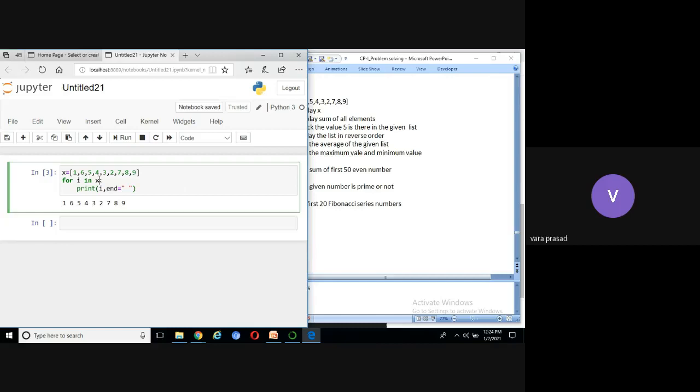For I in X, I can use one function, length of X, you can see here. For I, length of X. Then, how to get the first element by using X? How to get the first element of X? X of 0. How to get the second element? X of 1. Using same method, using for loop, I'm going to display all the elements one by one using the index position here, X of I.